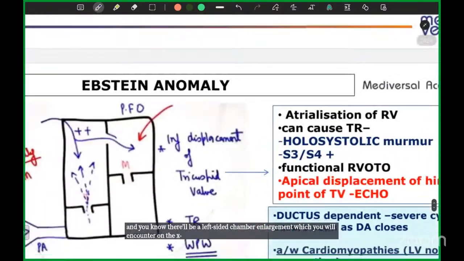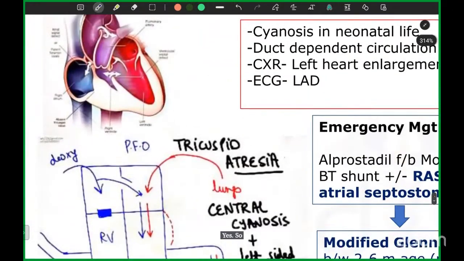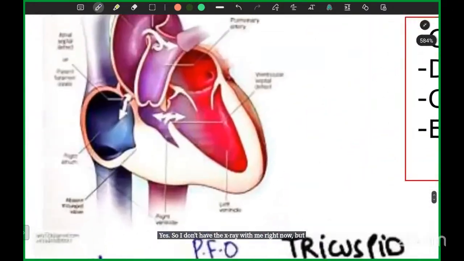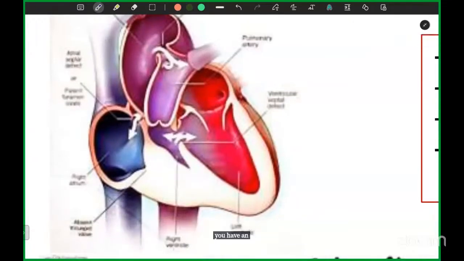And do we have the X-ray? Yes. I don't have the X-ray with me right now, but I wish I could show you at some time later. You can clearly see this image. You have an atretic tricuspid valve. There's nothing which you find as a chamber of right ventricle. It's mainly the right atrium, which is shunting all the blood via a patent foramen ovale into the left